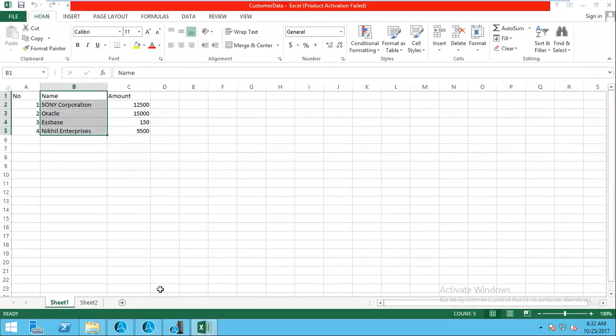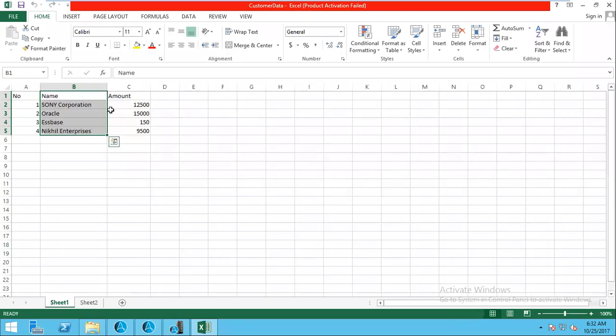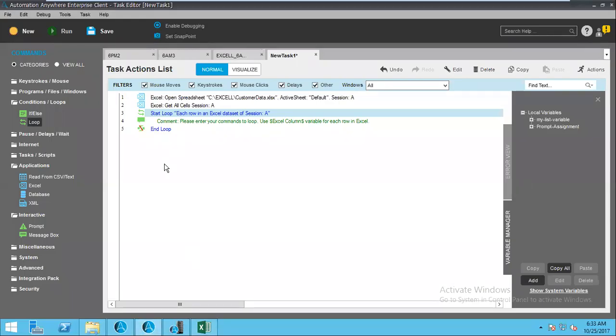Next, what is our task? We want to move into sheet 2. Reading is done. You got the data into your memory. Then we want to move into sheet 2. For that, we will use the Excel command